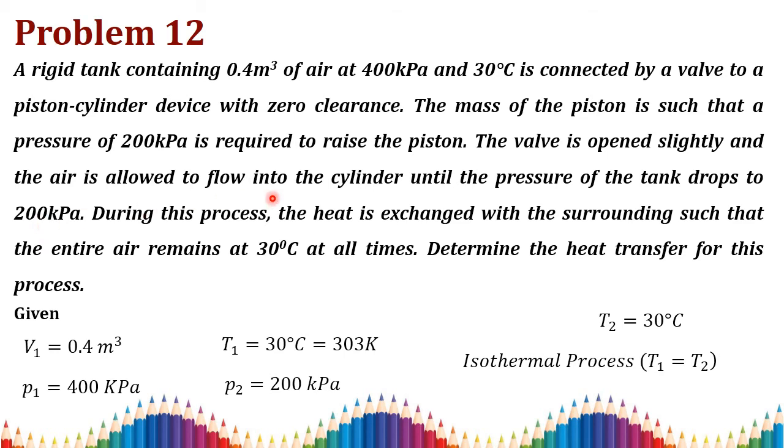During that entire process, the temperature remains constant. The initial temperature is 30 degrees Celsius and the final temperature is also 30 degrees Celsius. So we can take this process as an isothermal process, with the initial state as 1 and the final state as 2. I am writing that for an isothermal process, T1 is equal to T2, and also I am converting the temperature into Kelvin. These are all the given data. We need to find the heat transfer.